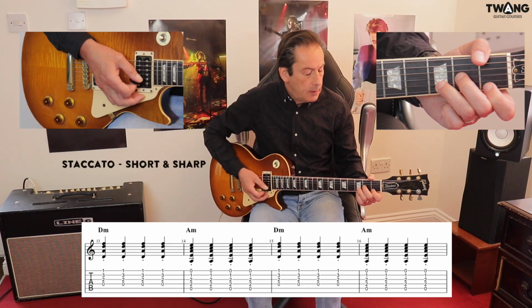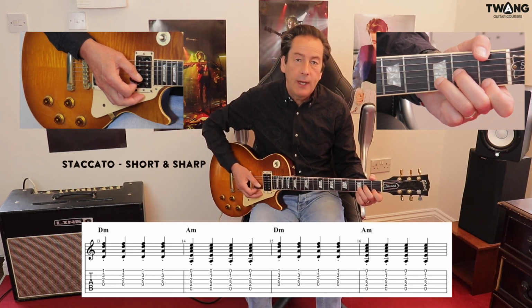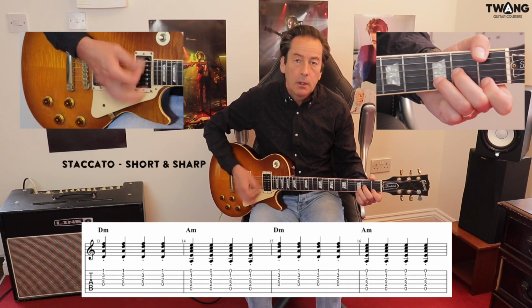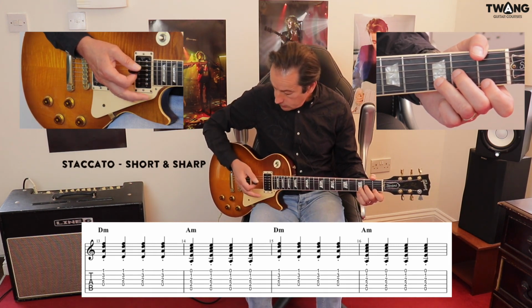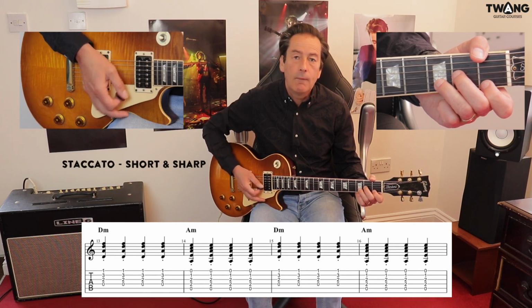I'm relaxing my chord pressure on my left hand, but I'm also muting the strings as soon as I've strummed with my right hand. Okay, so